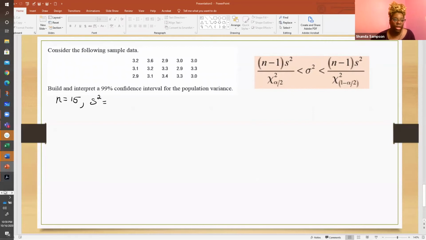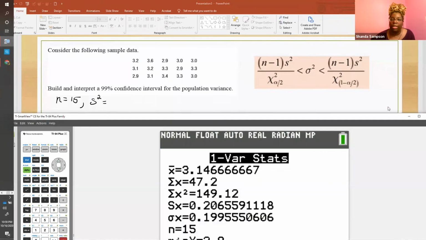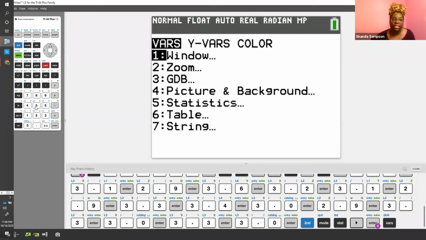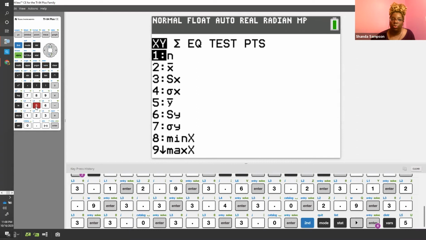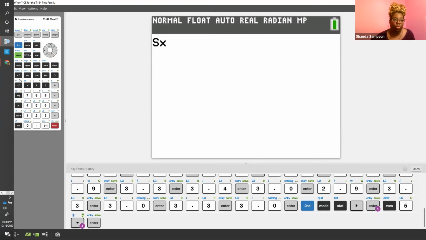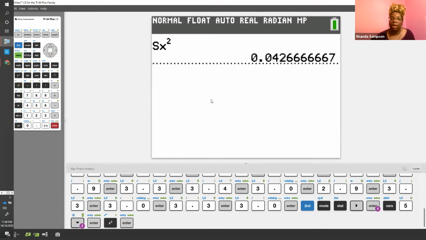Let's go back to our calculator and get the variance of the sample. Hopefully you remember how to get the sample variance in your calculator. It is not sitting here. So where do we go? We go to VARS, number 5, statistics, and then we choose what we're using. We're going to use the sample standard deviation squared. The sample standard deviation is right there, and then we hit the square button. And now we have that